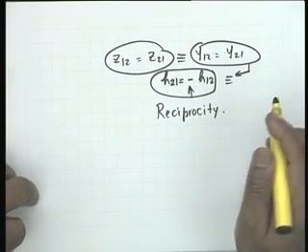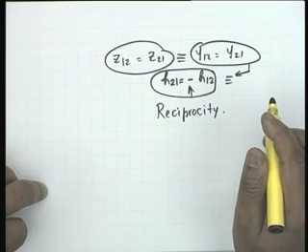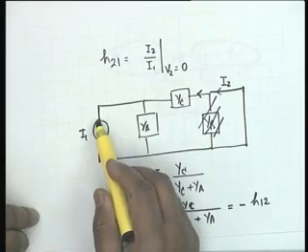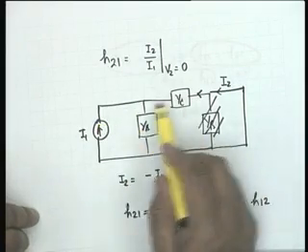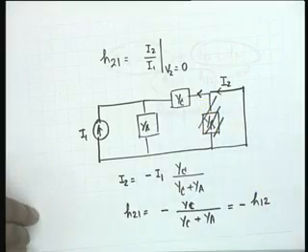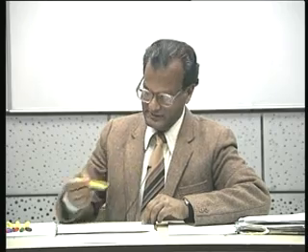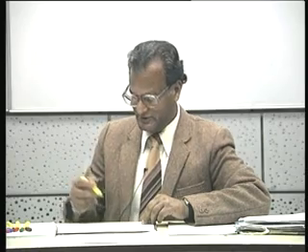Let us take another example. Is the negative sign because one is a reverse and one is a forward transfer function? No, it is not because of that. It is because of the directions of I1 and I2. Both go in. So if there is a current I1 feeding here, the current through YC must flow in this direction, whereas our convention is that I2 goes in. That is why this sign is negative. This negative sign doesn't imply anything but this current direction. With this convention, H21 must be equal to minus H12.